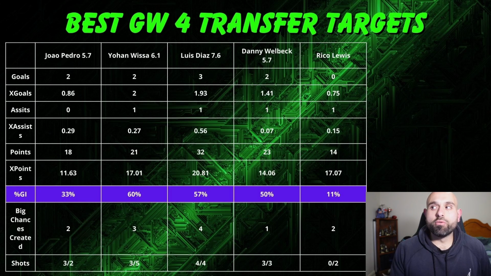So what we'll do is we'll kick it off. Well, actually, the big decision that we need to make is the first player we're going to look at is João Pedro, but I made this graphic before some concerns around his fitness. So again, if you're looking at João Pedro, you'd want him more longer term, then I'd go João Pedro. If you're looking at a striker for the next 2 weeks, and then you're going to wildcard in game week 6, potentially look at Danny Welbeck, because I'm not sure if João Pedro is going to start.